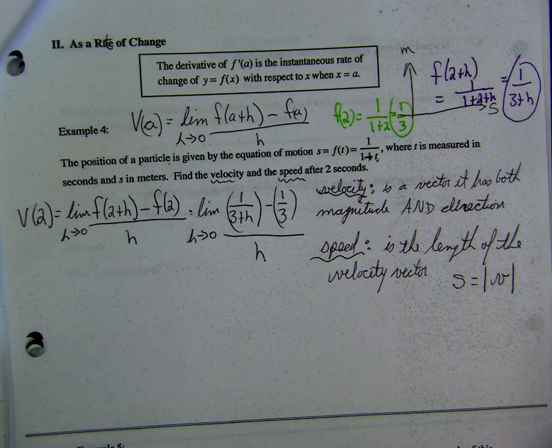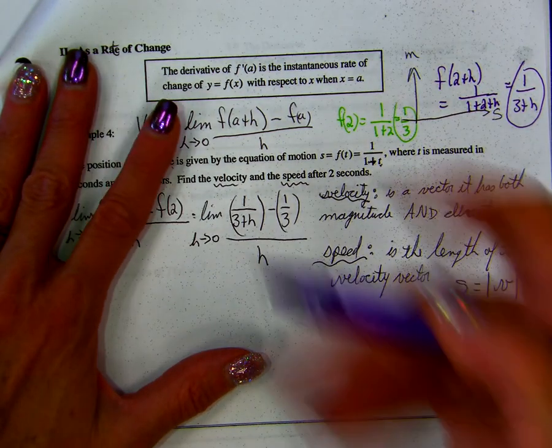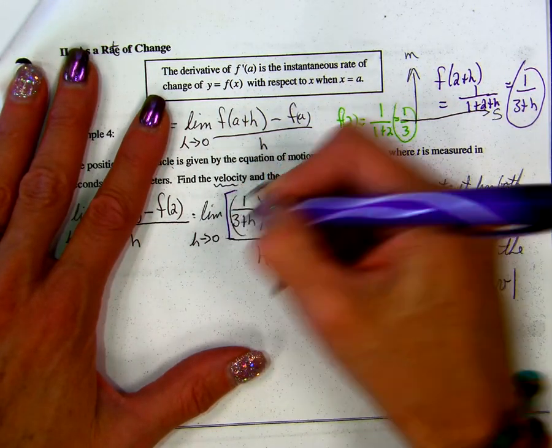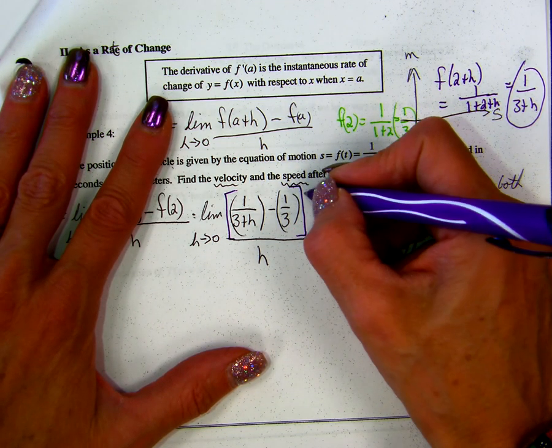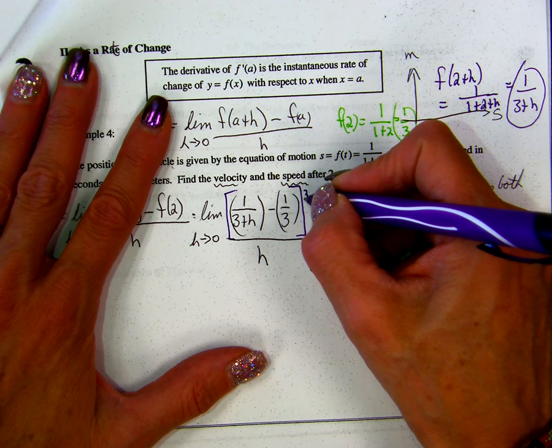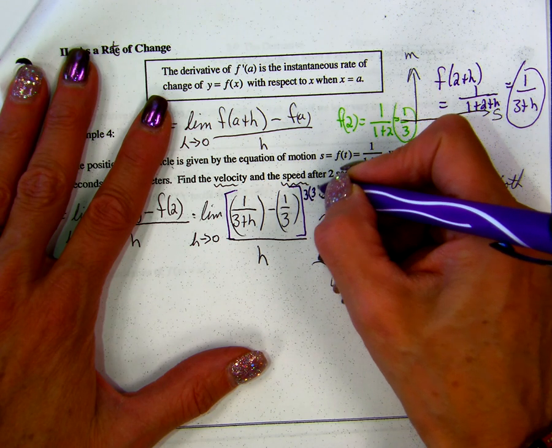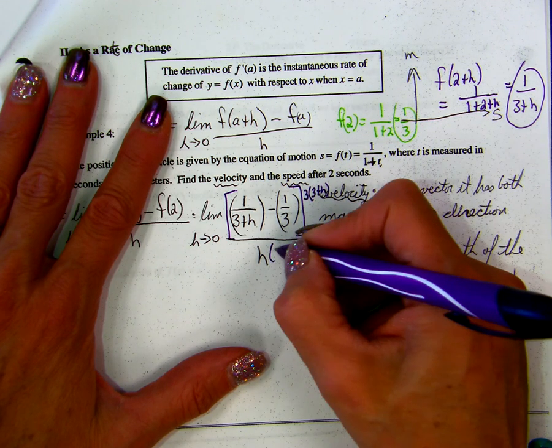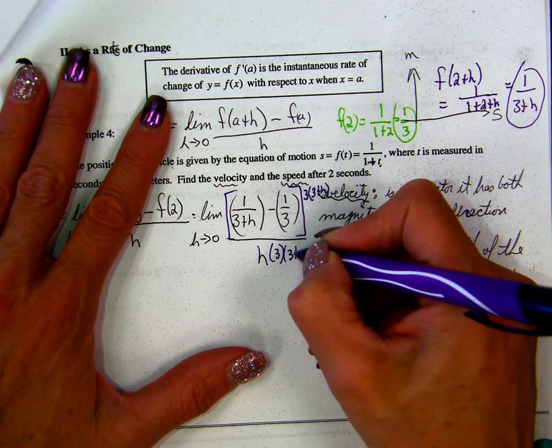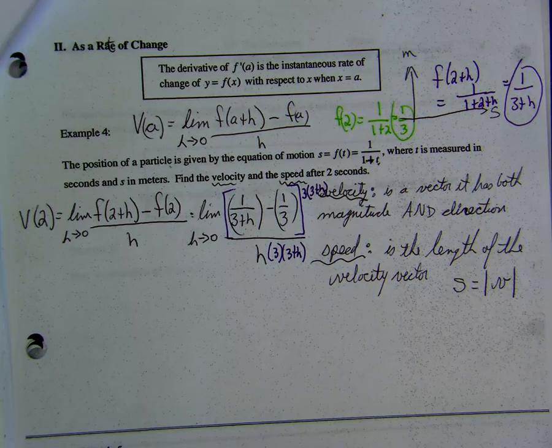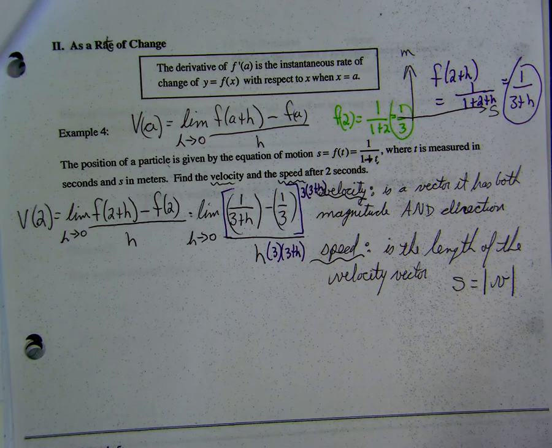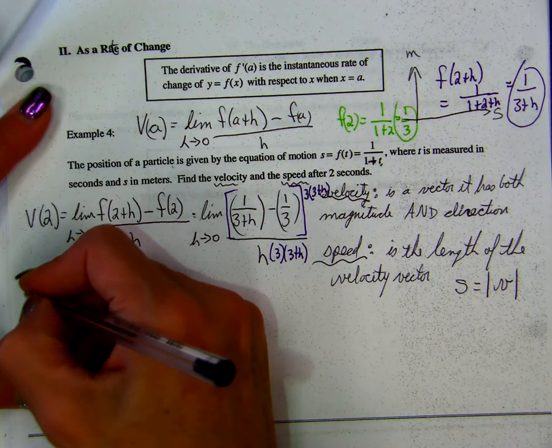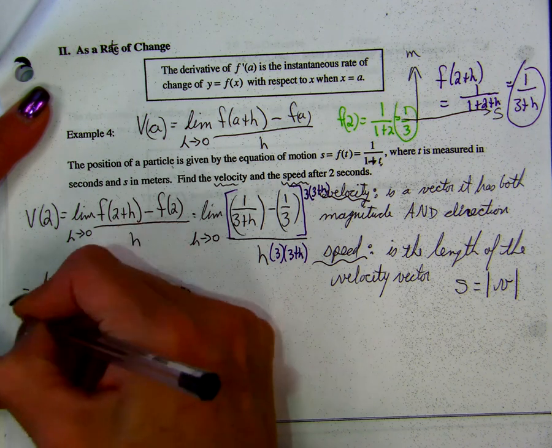And that's an awkward thing to work with because we've got denominators in our numerator. So to get rid of this, we're going to do the same thing to the top and bottom. Multiply by 3 times 3 plus h. Okay, when I expand it to this first term, the 3 plus h's cancel, and I get the limit as